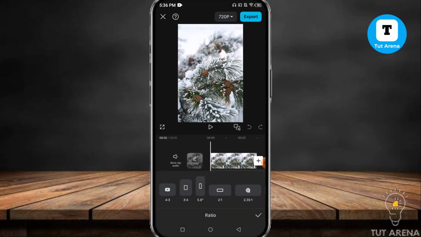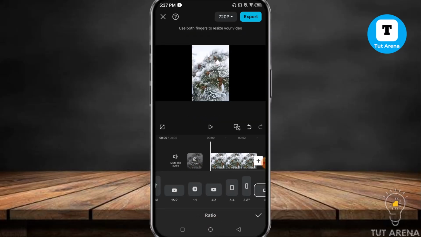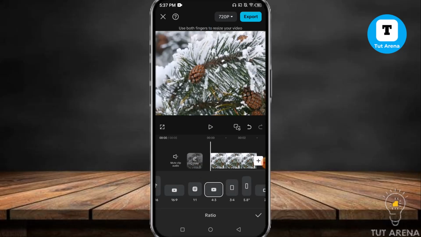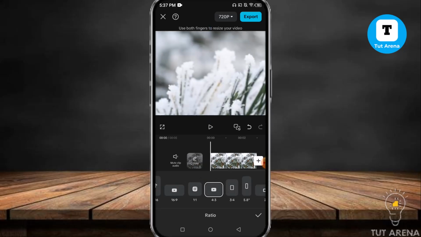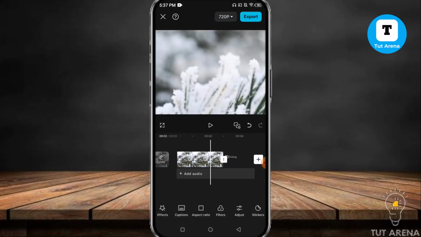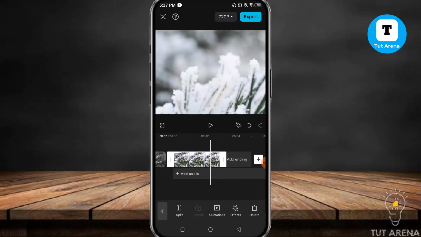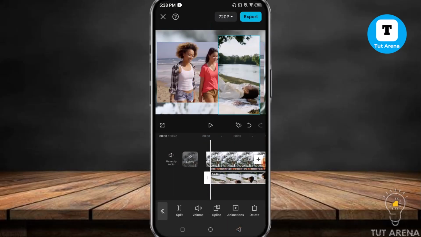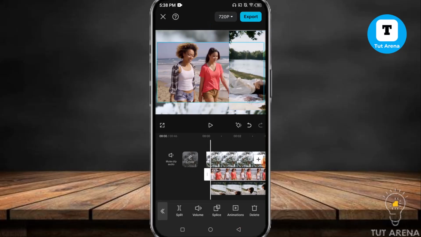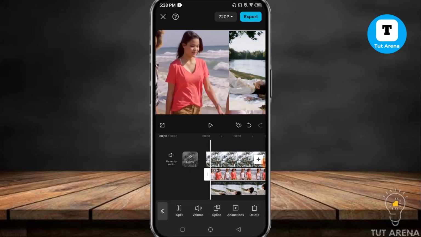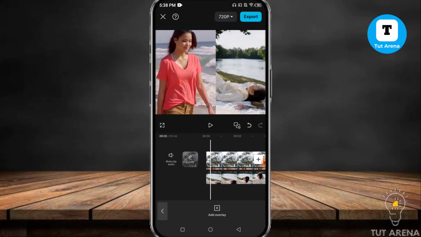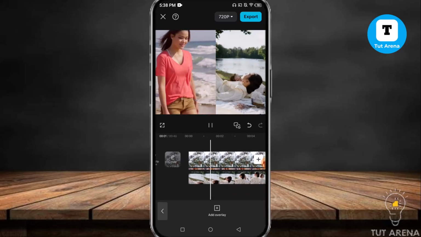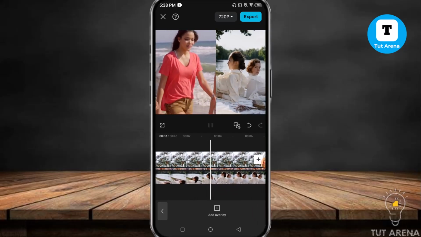Here I'm going to customize the canvas first. Now let's delete the ending. Here I'm going to extend it. In here tap on add overlay and then add the videos on your timeline, and here extend it and then put it here like this,